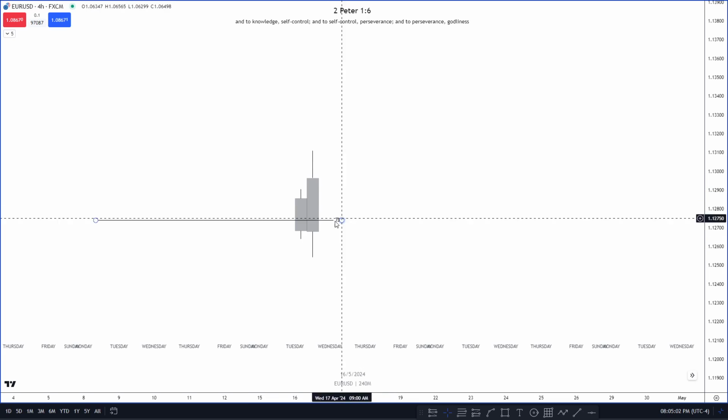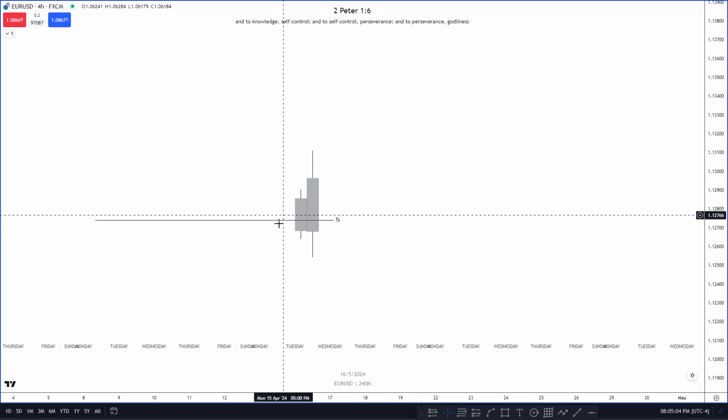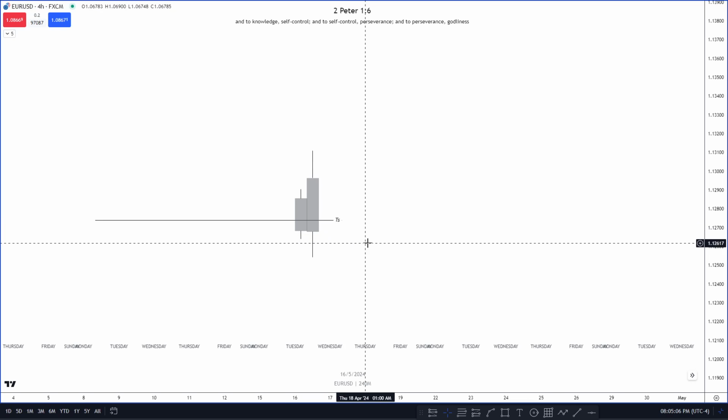So what is Model 1? After the turtle soup, what do we enter off of? Because how do we know that this is going to confirm? Model 1 has been stated to be the change in state of delivery, but we've seen an official thread from Romeo. If I go over here,